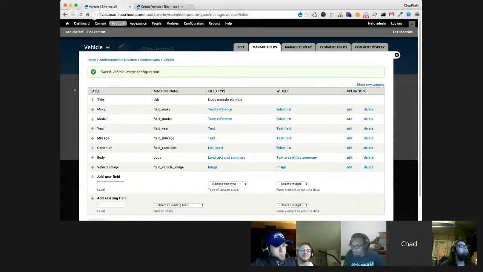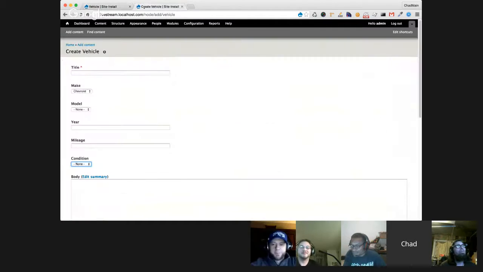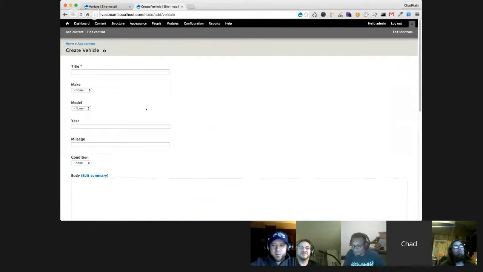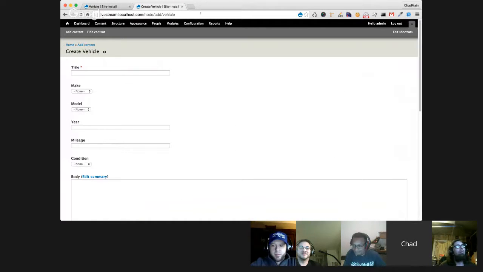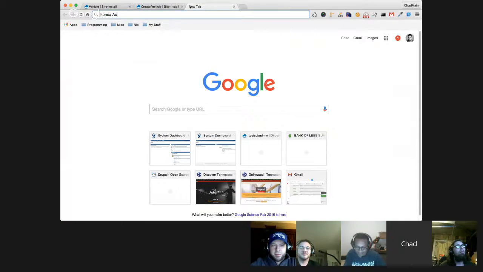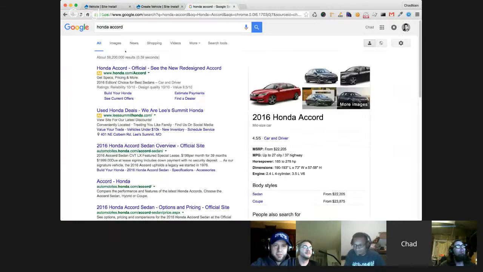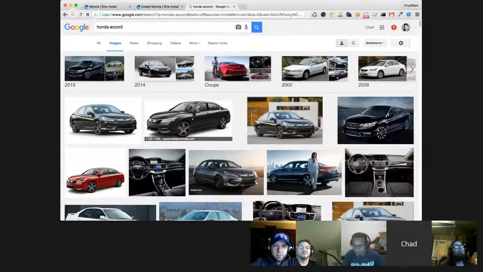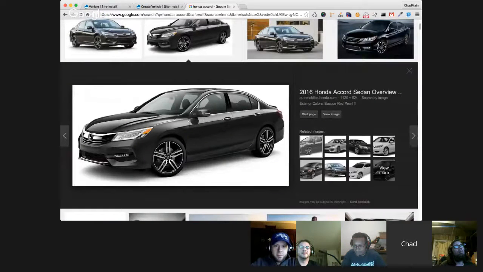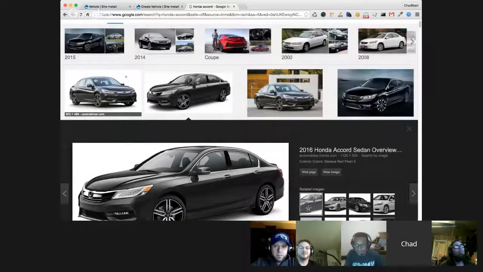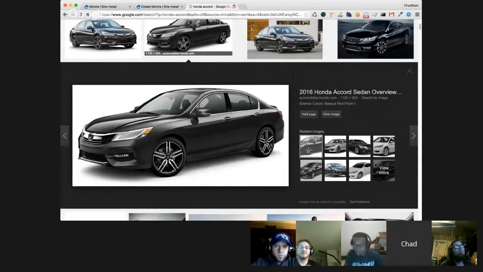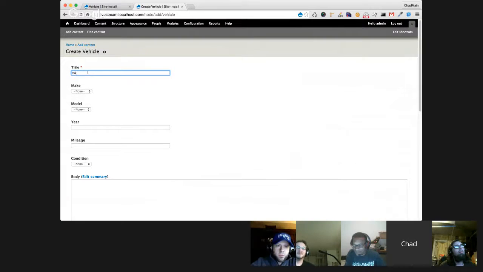Now I'm going to add one real quick so we can actually see what's going on here. So now we've got the Honda Accord, that was the request. Let's pull it up here. Let's get this image. This black one looks cool. All right, so Honda.